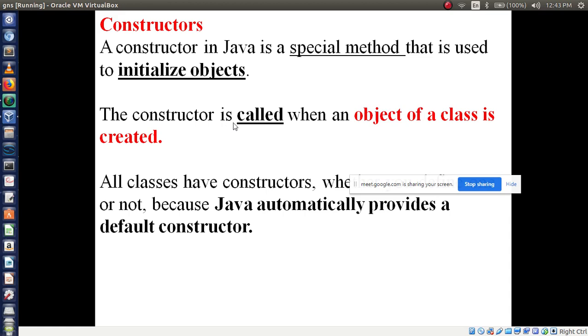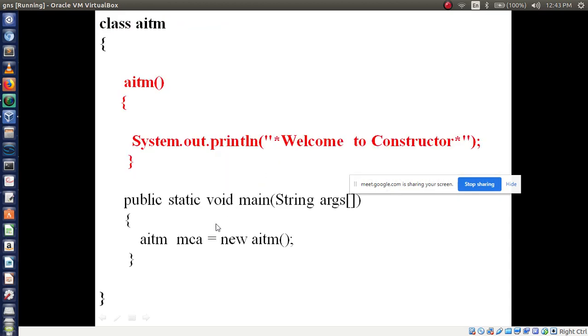The constructor is called when an object of a class is created. What is my object of the class here? AITM MCA is equal to new AITM. When you write this line, automatically it will call the constructor. So it will give the output as welcome to constructor. This is a constructor. Is it clear?